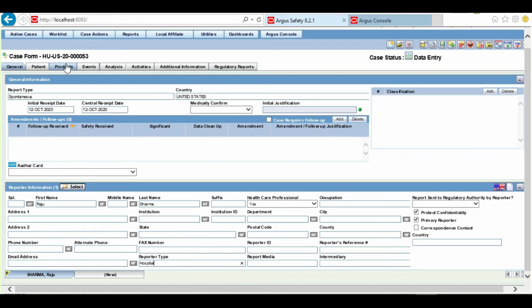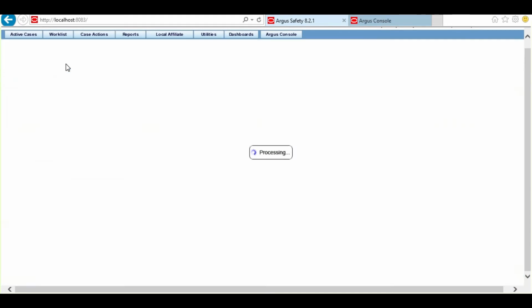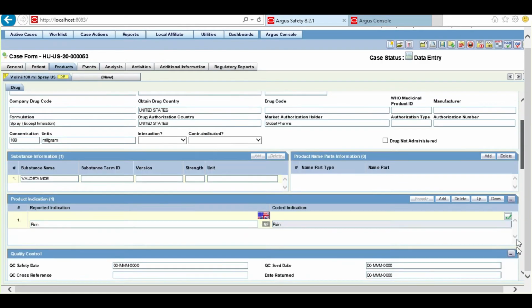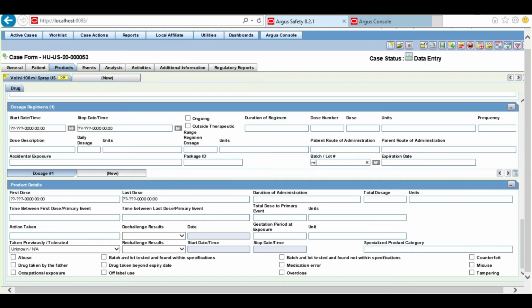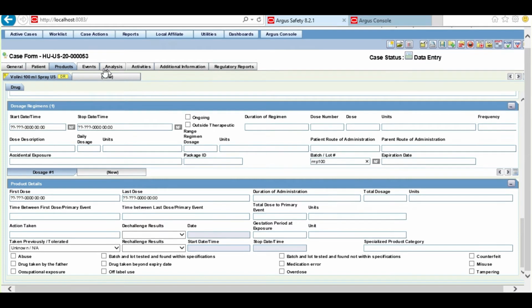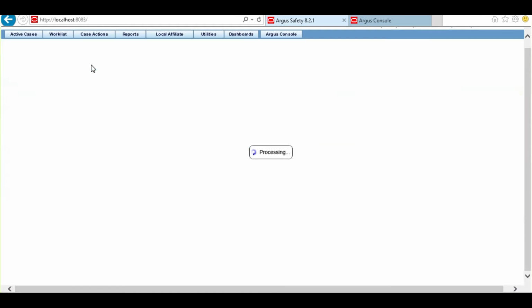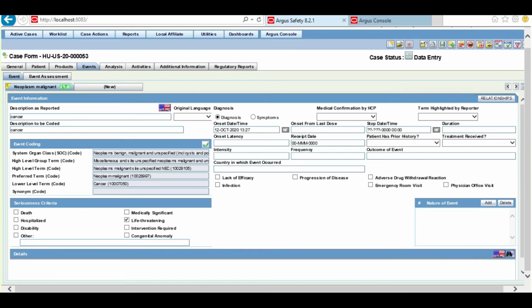Then under the products tab, if we scroll down, batch lot number should be entered. Then under the events tab, outcome of event should be entered. Now let's save the case.